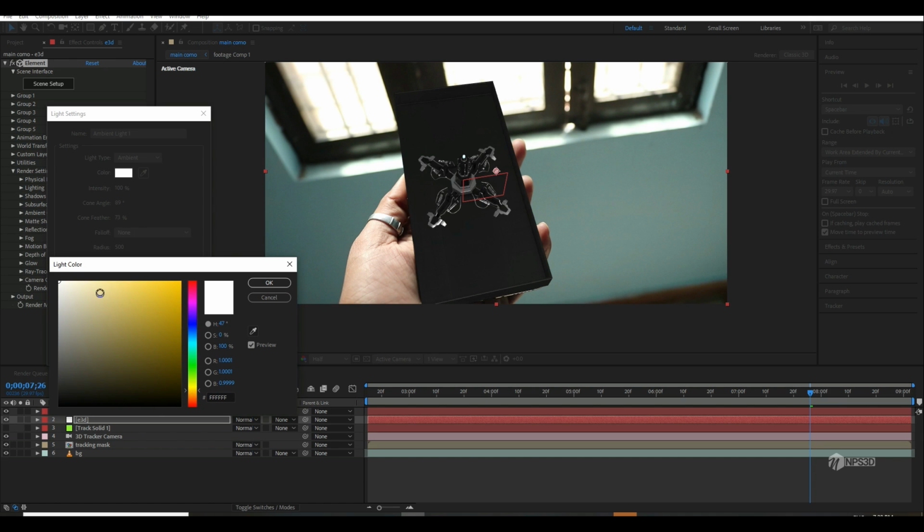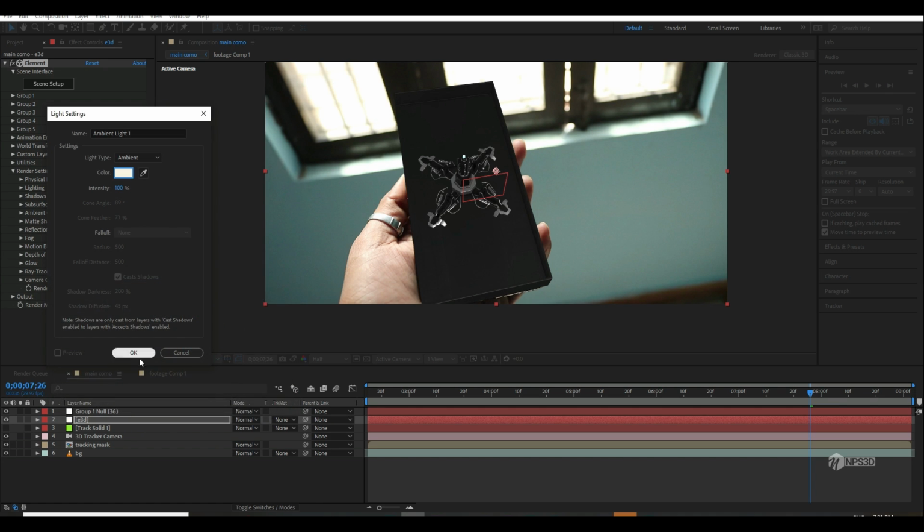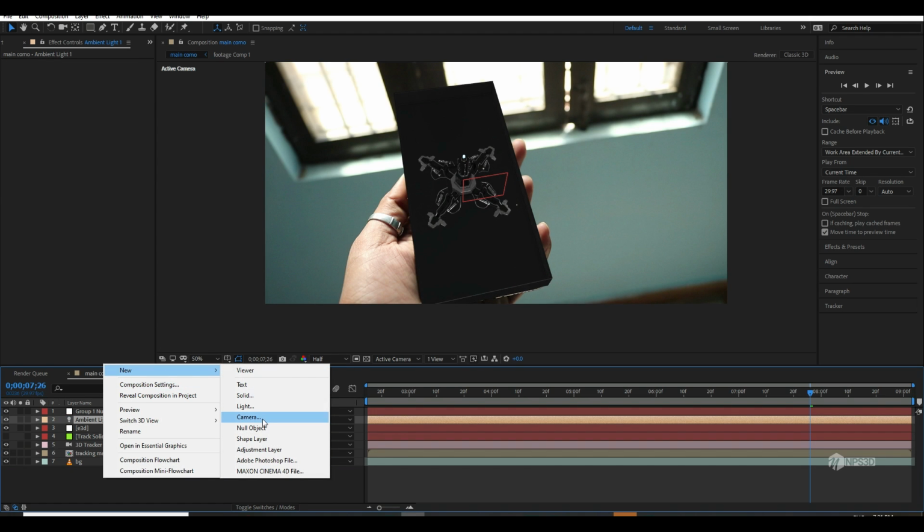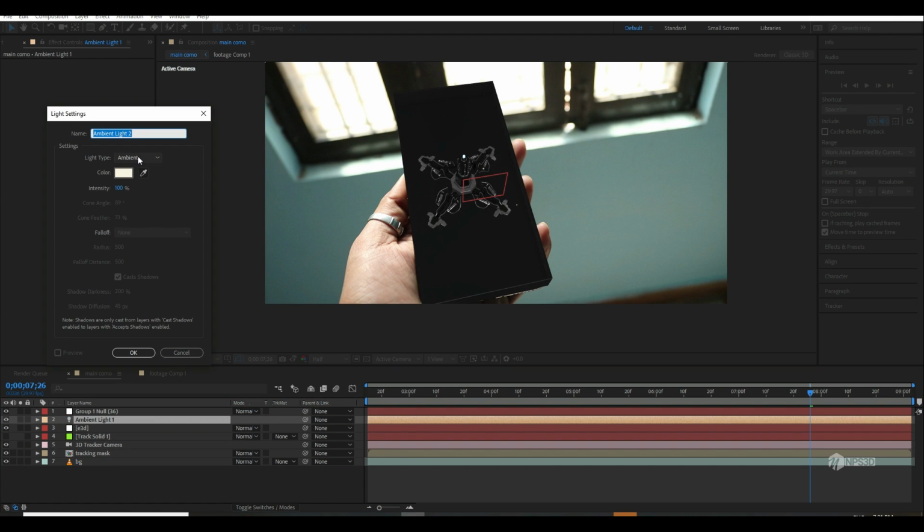I shot this footage so I know the color. It's basically daytime and the sun is outside, so this will be something like this. I can make a new light again, and this is going to be our parallel light or spotlight, and I'm going to put the intensity at 2000,